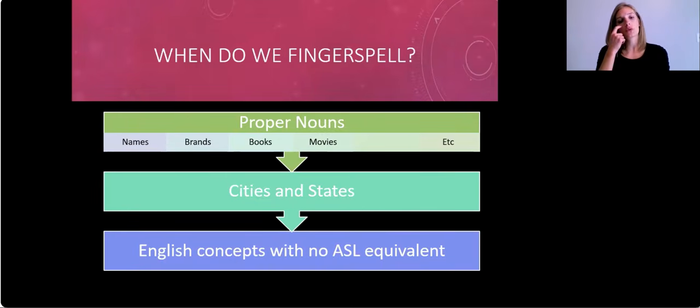And then we're also going to fingerspell for any English concept that just doesn't have an ASL equivalent. So we have tons and tons of words in our English dictionary. We only have so many ASL signs because a lot of those synonyms in English, we may only have one sign for in ASL, and then other words in English that we may have no ASL equivalent. So when that takes place, we are just going to fingerspell the